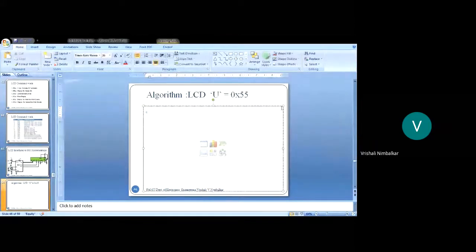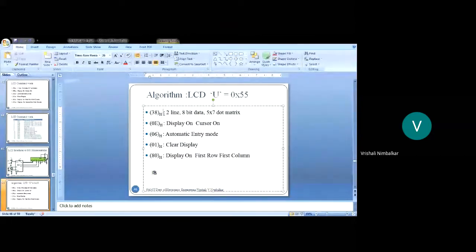So we need to send the command words first. The first command word is 38 hex. The second command word is E. The next command word, automatic entry mode.